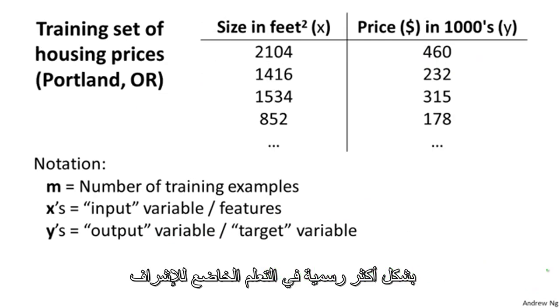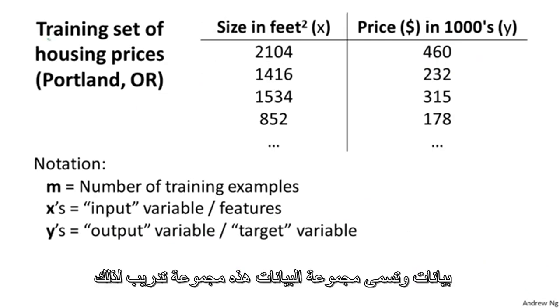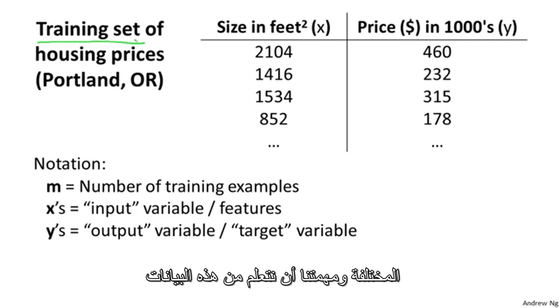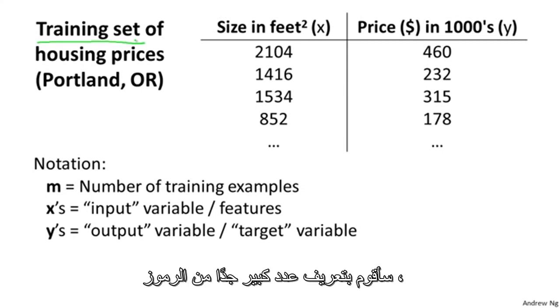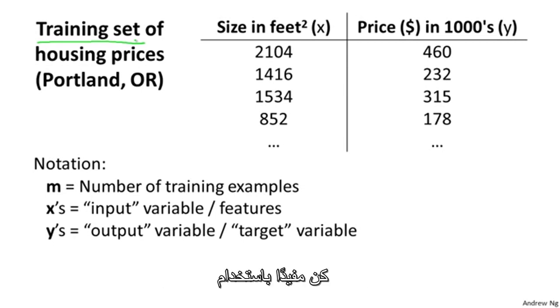More formally, in supervised learning, we have a data set, and this data set is called a training set. So for a housing prices example, we have a training set of different housing prices, and our job is to learn from this data how to predict the prices of the houses. Let's define some notation that we're using throughout this course. I'm going to define quite a lot of symbols. It's okay if you don't remember all the symbols right now, but as the course progresses, it'll be useful to